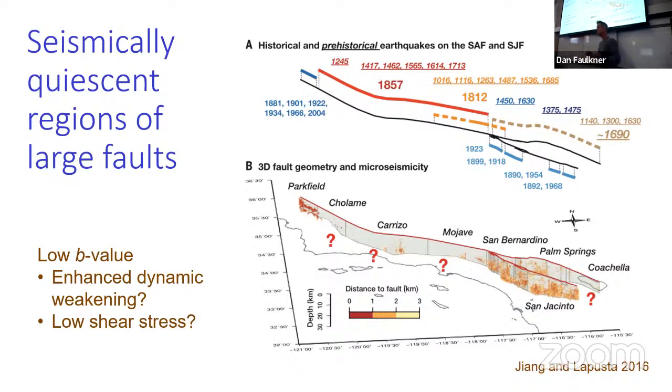So this might tell us some of the reasons why it's really difficult to predict these big earthquakes. It's not as simple as understanding what the stress level is on the fault zone. We might drill this fault zone and find the stress levels are really low, and just say we don't have to worry about earthquakes on the southern San Andreas Fault because the stress levels are low. But that's not the point. If we get nucleation of an earthquake somewhere else, and it produces a big enough event, it can propagate through very understressed parts of fault zones, which is part of the reason why I think earthquakes are very, very difficult to predict.